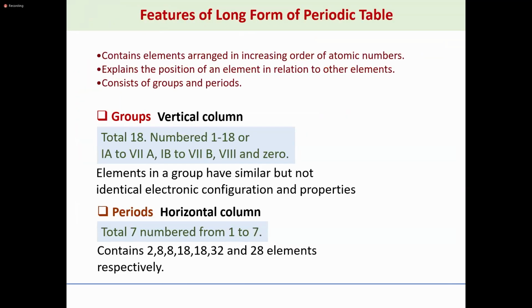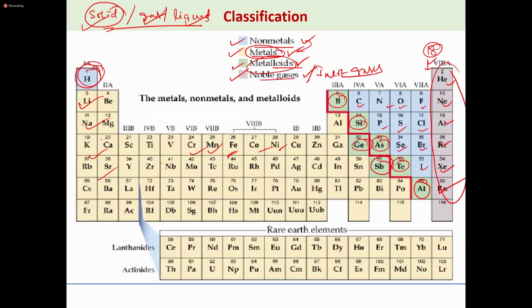So, features of the long form of the periodic table. In this periodic table, there are some features. The first feature is that it contains the elements arranged in increasing order of atomic number. Okay. So whatever elements you can see, suppose one, two, three, four, five, six, seven, if I look at the fourth period,